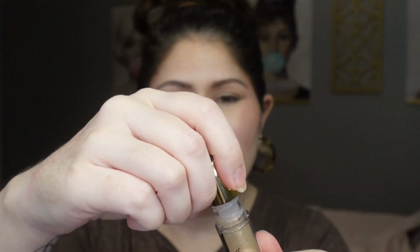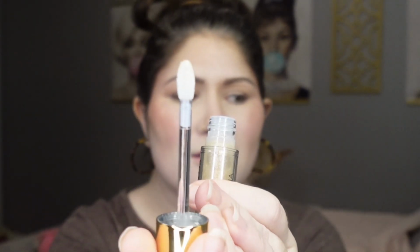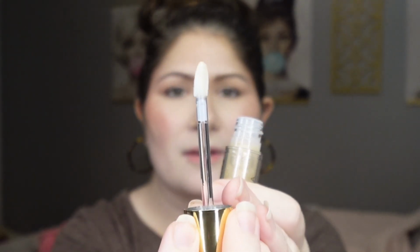Let's open it up and see what the doe foot applicator looks like. It is a little hard to get out, but this is the doe foot applicator. So standard doe foot applicator, really nice. I'm going to go ahead and just pop this on my lips. I'm not going to line, I'm not going to put anything else on because I want to see what this looks like on its own. It does have that same smell that the Gucci lip gloss has,